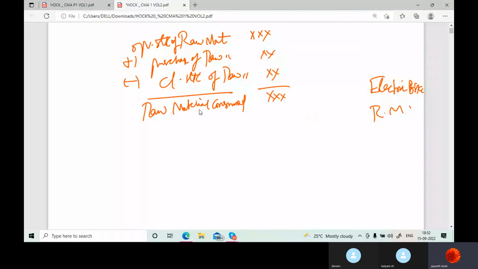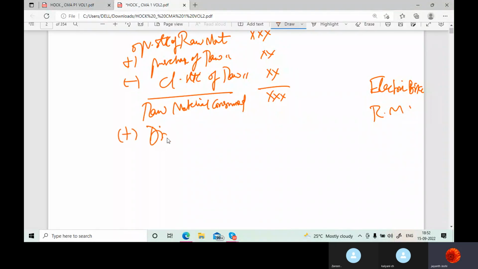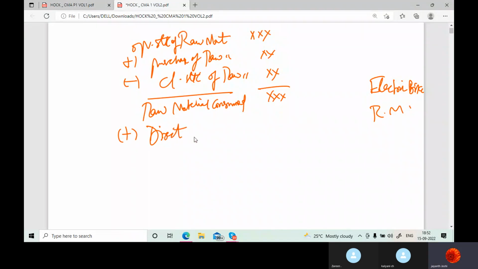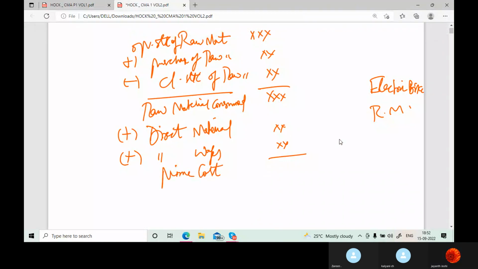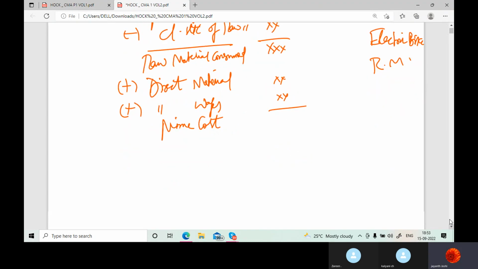After getting this raw material consumed, you add direct material and direct wages. You have prime cost. So till prime cost, everything is direct. Okay. So after getting prime cost,